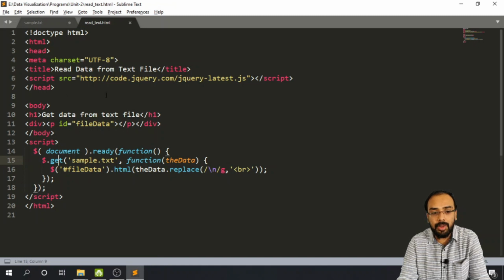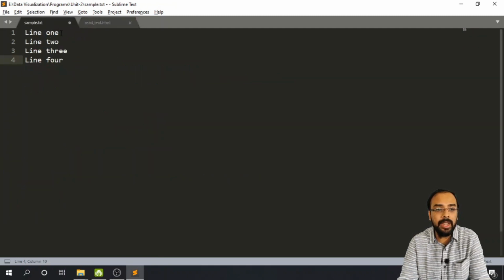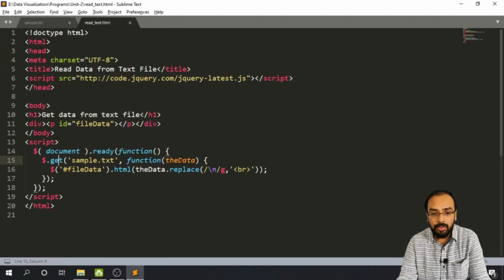Now if you recall, the content of this particular p tag is HTML, so we have to convert this particular data into HTML. So how can we do that? As we know, this particular data is stored inside this data. Now what we want to do, if you observe this text file, you can see one line, then on the next line you can see the second line, then third line, then fourth line. So we need to also specify the same format. So what we have to do, we have to use a replace function, and we have to replace our \n.